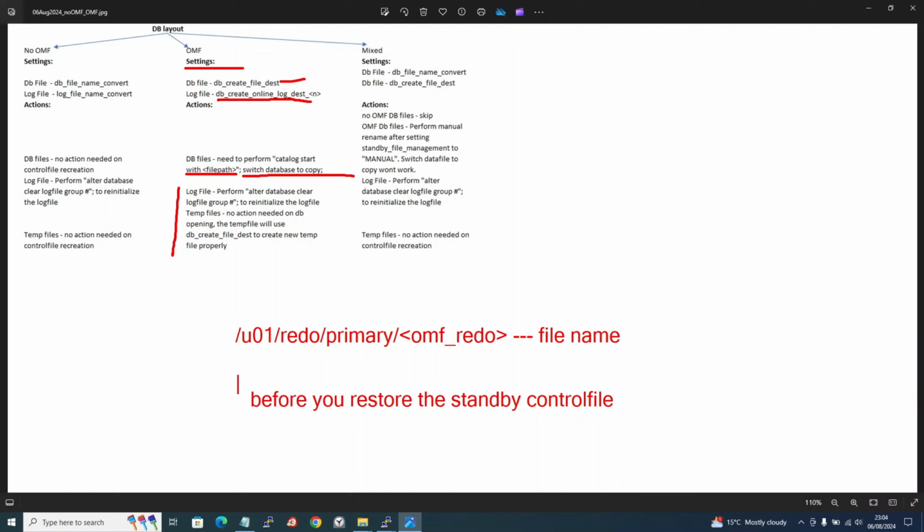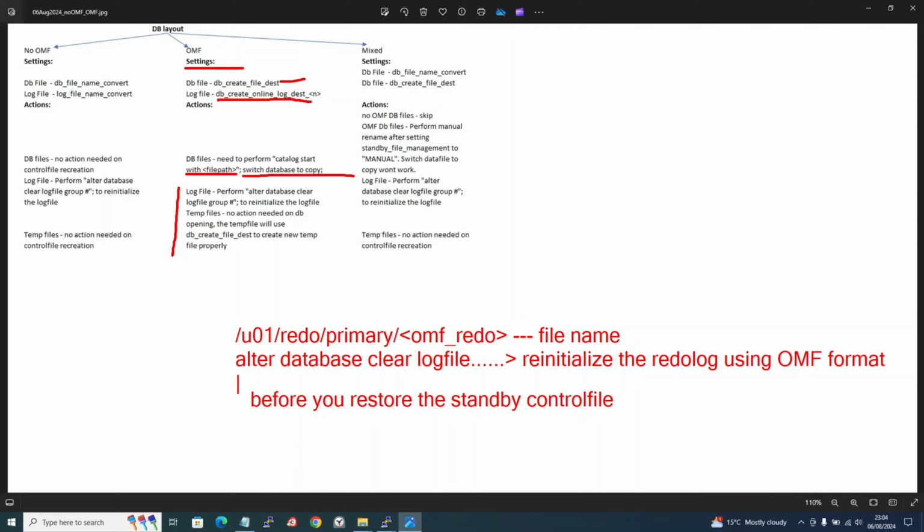But as soon as you perform alter database clear log file, this will reinitialize the redo log using OMF format. OMF format ideally means u01